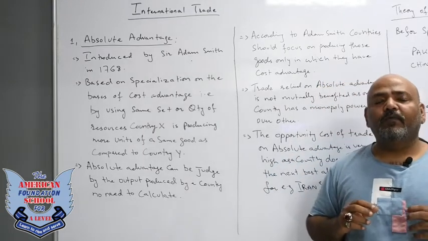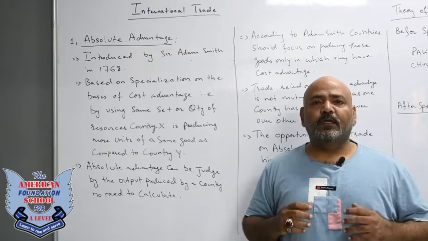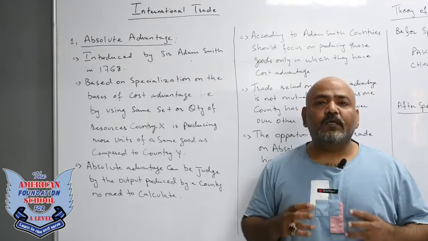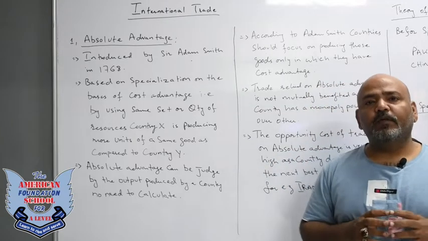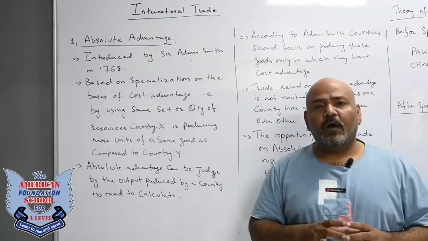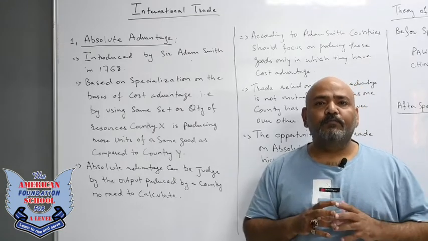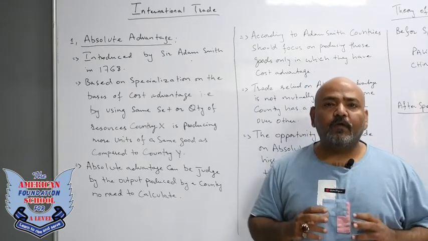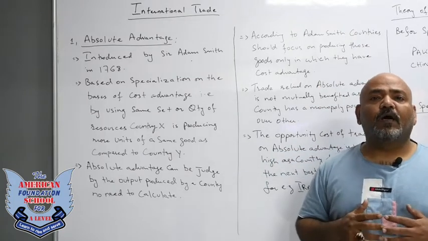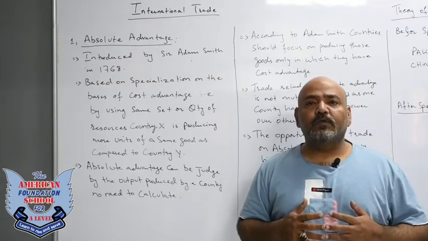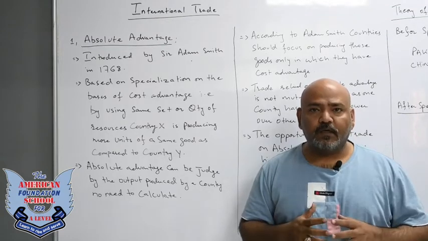Basically, we know that there are some third world countries, for example, Pakistan, India, Bangladesh. These countries are agrarian economies. What does it mean? Agrarian economies mean these countries are specialist or better to produce primary sector goods as compared to other countries. However, we know China, Korea, Japan, these countries are better to produce technological goods or manufacturing goods. They are better at secondary sector.